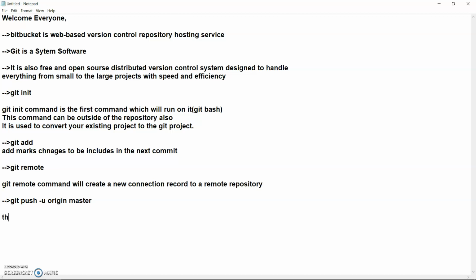The git push command allows you to send or push commits from your local repository to the remote repository.